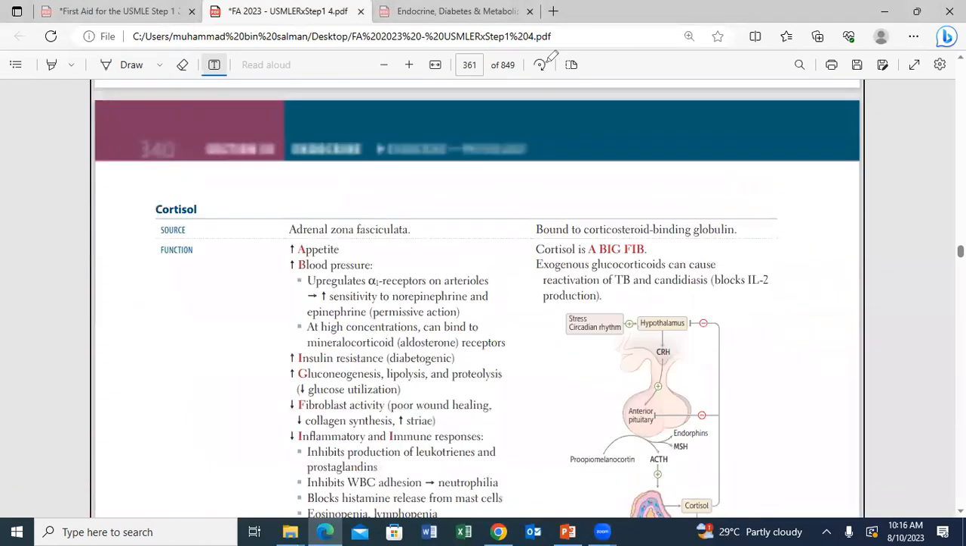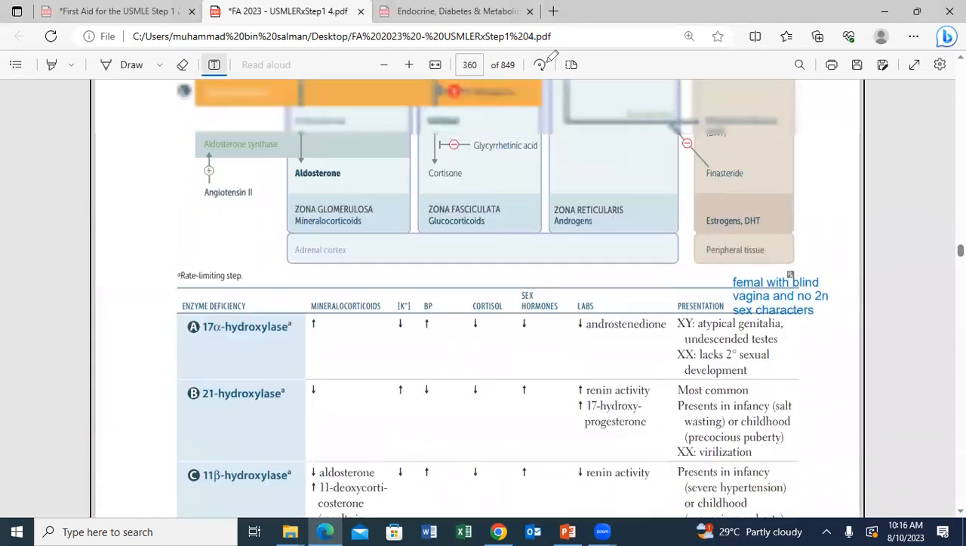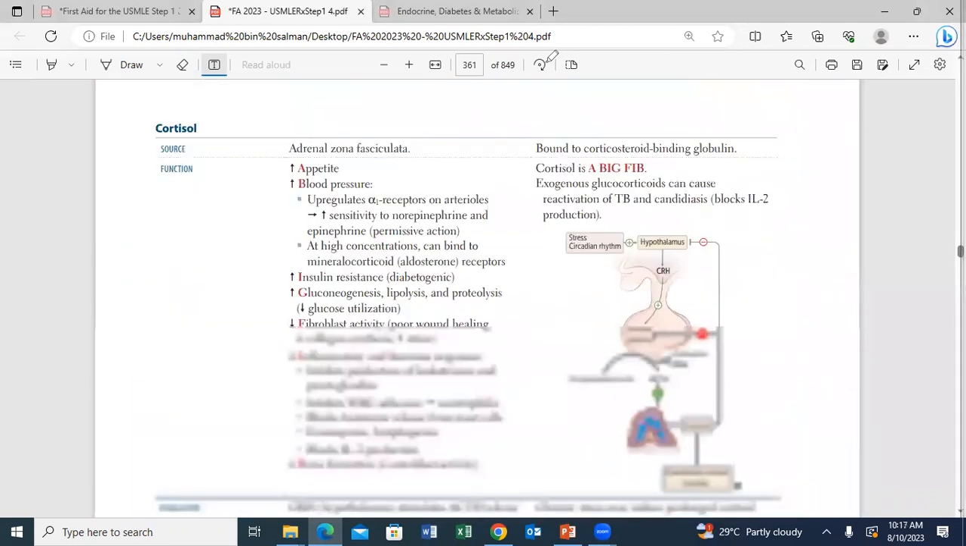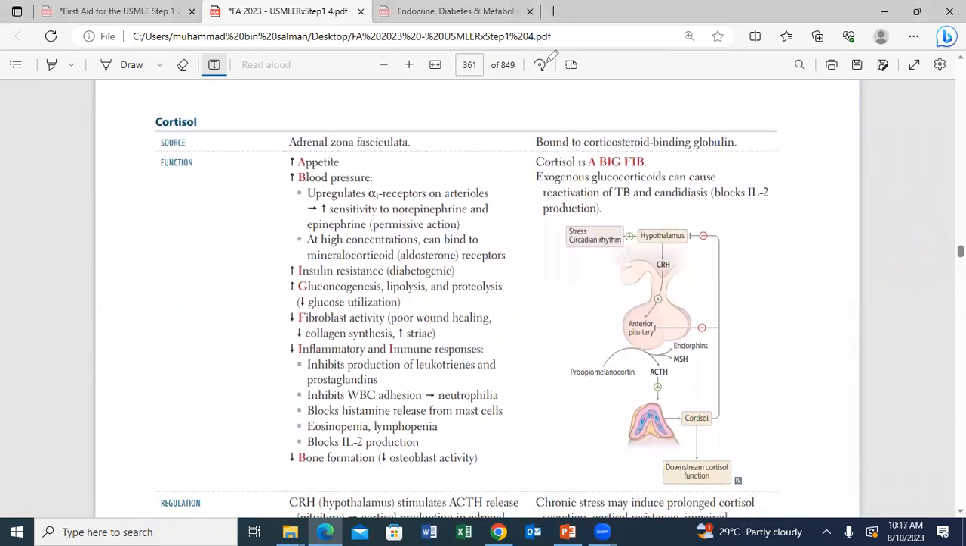Now let's have a look at cortisol. So we discussed 3 hormones over here: aldosterone, but we will discuss the details of aldosterone in the renal module. Then we have testosterone. We will discuss the details of testosterone in the reproduction module. And cortisol is something which we are going to discuss in this video. So cortisol is a glucocorticoid. It increases the blood glucose level, it increases the appetite, and it is released by the zona fasciculata of your